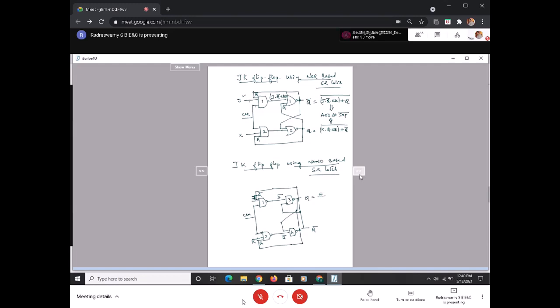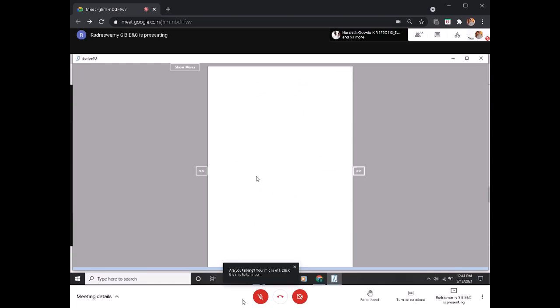It is J bar plus Q plus clock bar, into Q bar, whole bar. And Q bar is K bar plus Q bar plus clock bar, into Q, whole bar. And this is in what form now? OAI, that is nothing but what? Complement of product of sums. Okay, so this is what it is all about for your AOI and OAI.